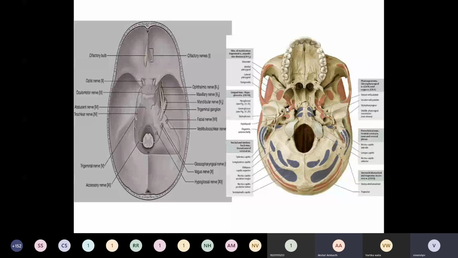Fine. This foramen we are seeing is known as the foramen ovale, and the small foramen here is known as the foramen spinosum. So to reach this mandibular nerve up to here, we are supposed to cut this zygomatic arch, cut the mandible, and remove all the fascia and skin to reach up to here, to see the mandibular nerve.